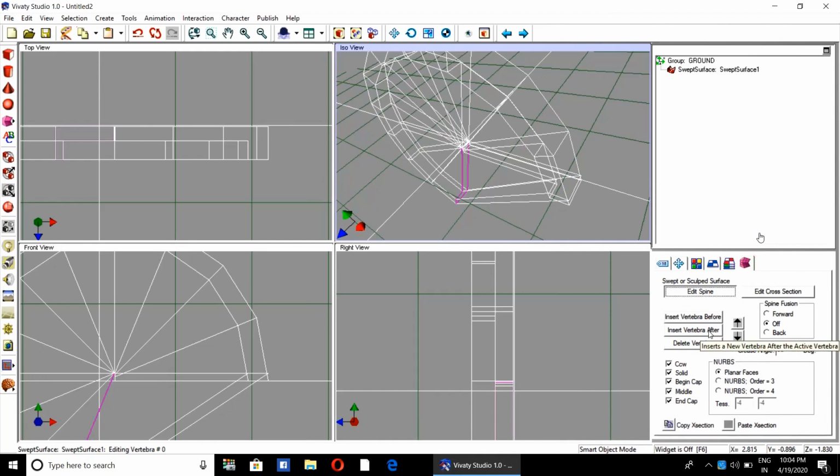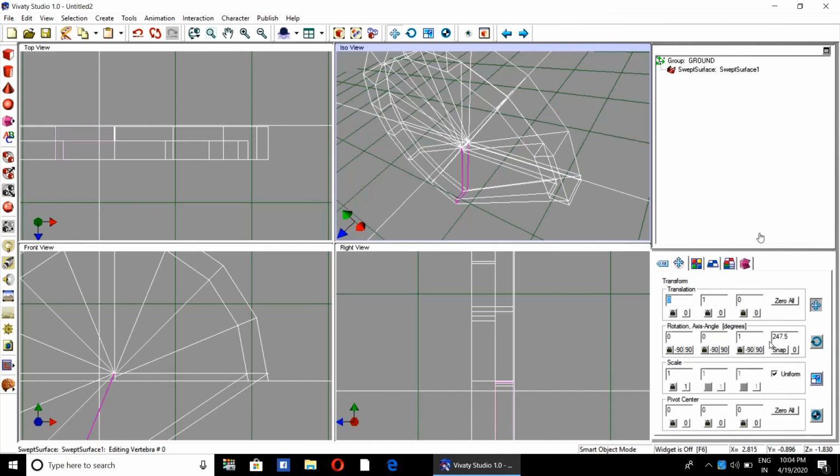Again insert vertebra after, 247.5 plus 22.5, it becomes 270.